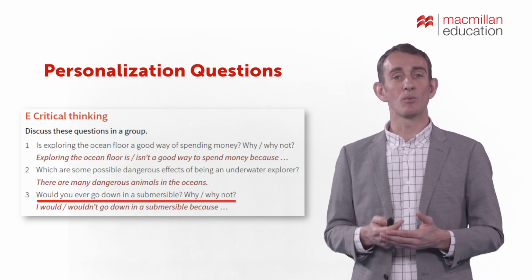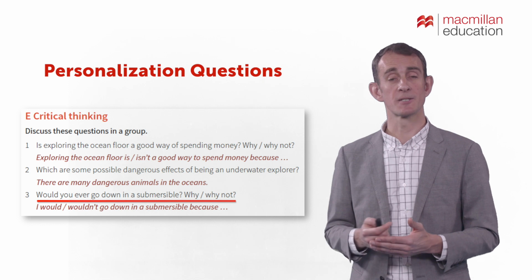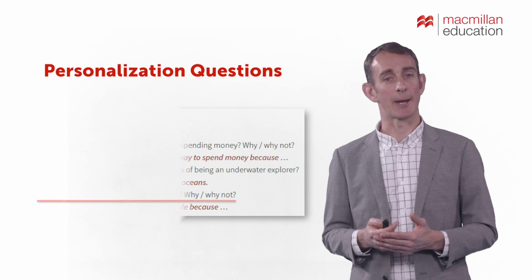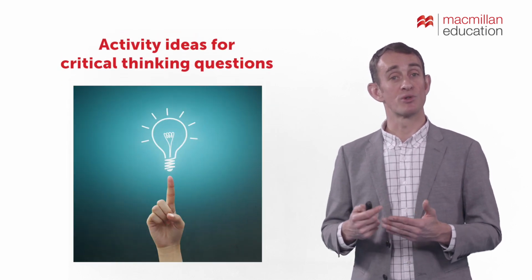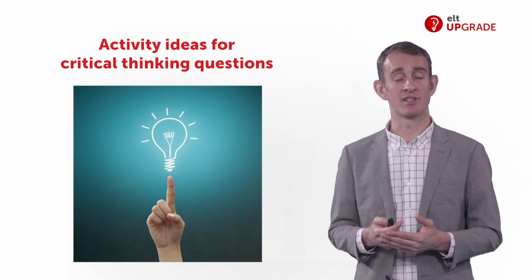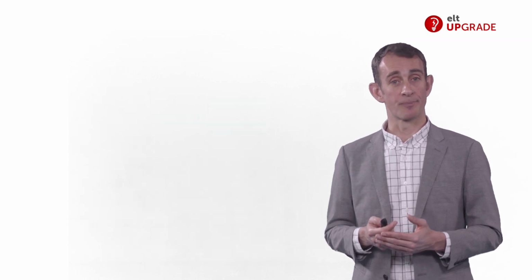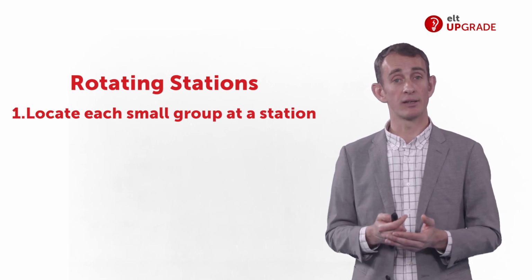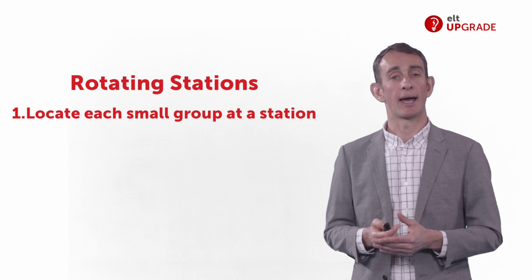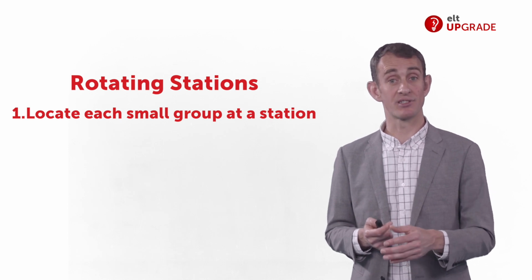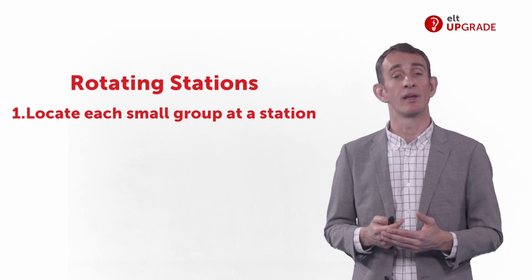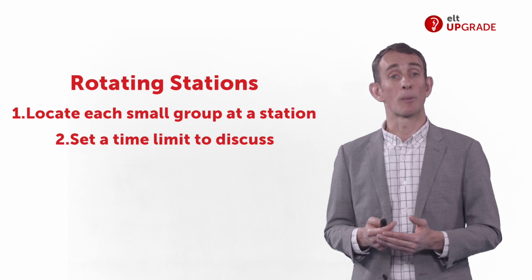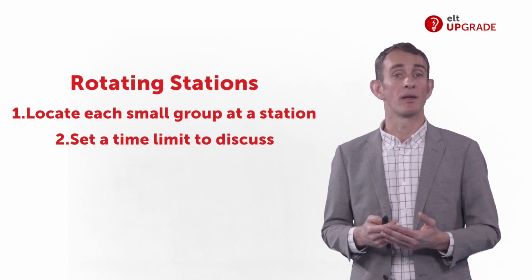So when we're dealing with discussion questions like this, here are a few example activities to get you on your way. So one idea is a rotating stations type activity. So at each station, you set up a discussion question. You divide the class into groups, and each group will start at a different station with a different question. They have a set time limit to discuss their question, and on a piece of blank A4 paper, they record